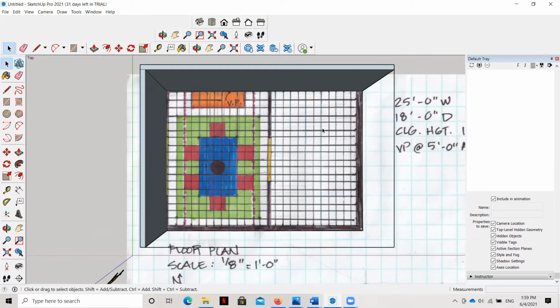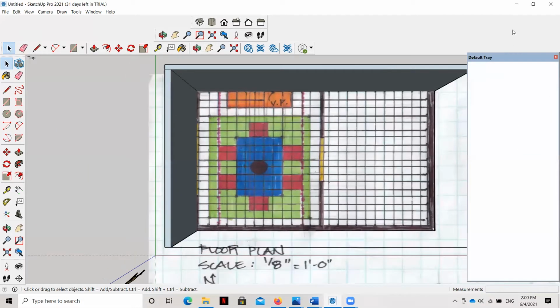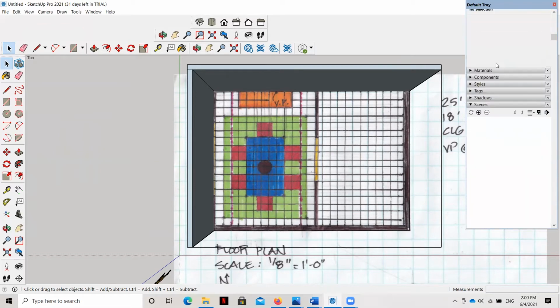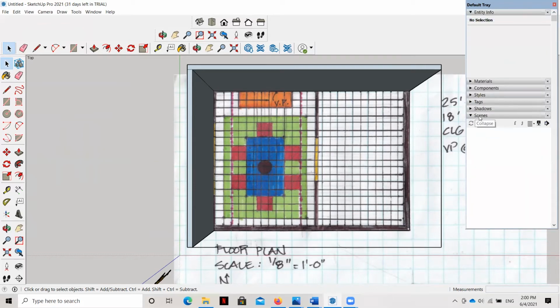So the first thing that you need to do is familiarize yourself with this, and then remember that, again, we already have the views and the vanishing points created, because we're trying to get them to look like the perspectives that we have drawn by hand. So I'm going to start to collapse some things over here on my tray, because there's a lot of things showing here, and I want to show you even more things. So let me collapse these for a second. You can see here I'm scrolling up, and this is where this scene is going. That's where we're going to start to look.